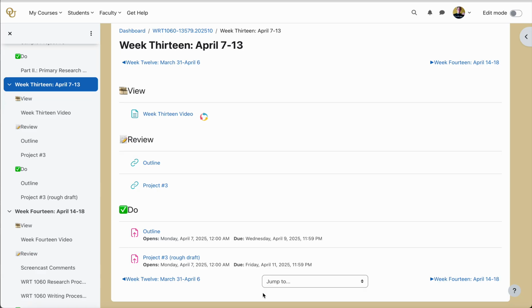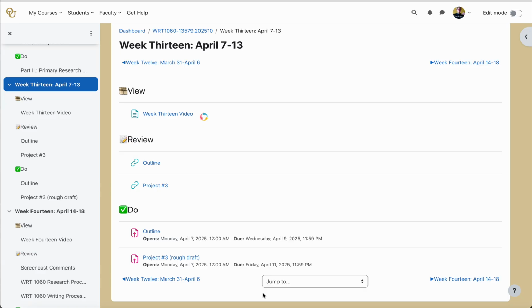Remember, once you've put all of those pieces together, you've got your project number 3 rough draft, but you might need to make some adjustments. Obviously, you have to move your conclusion. You might need to decide where that counter argument fits best. You will need to think about maybe expanding the introduction and the conclusion because you've added the primary research portion, but you'll need to make those